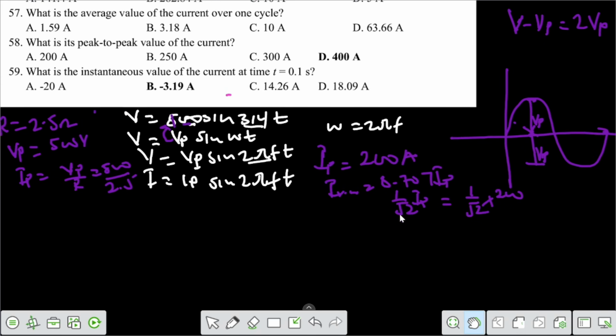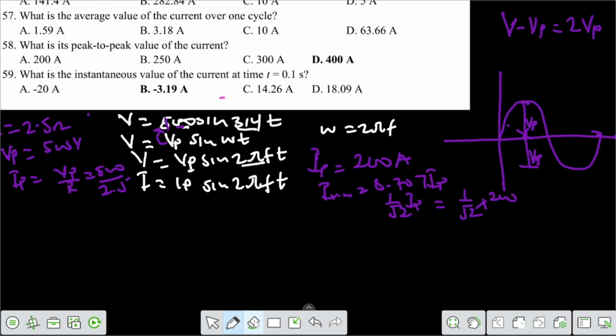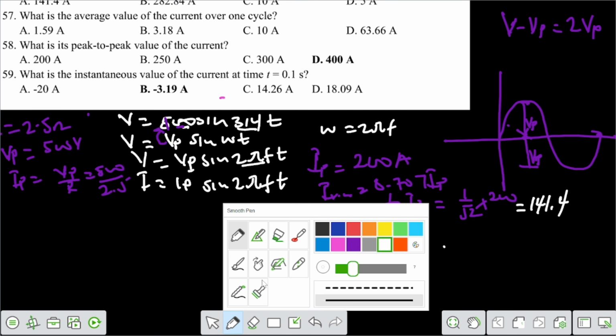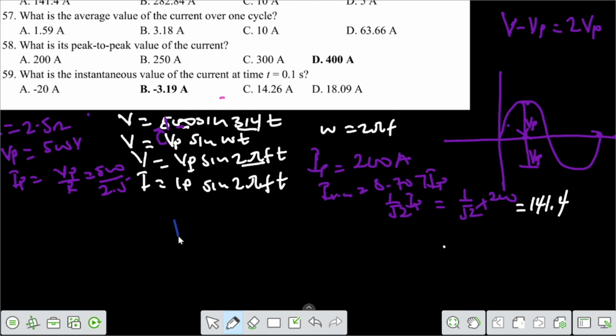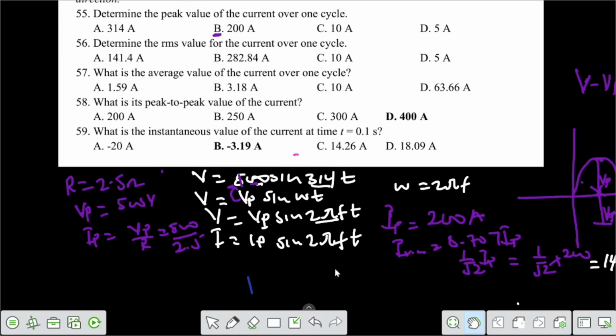which will give us a resulting value of 141.4, right? That means that our value for the current in the question is